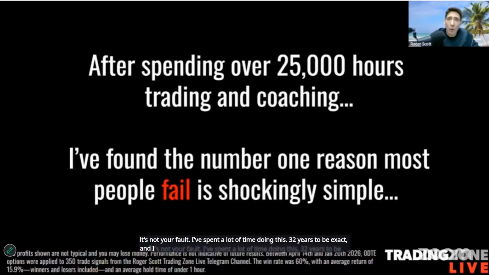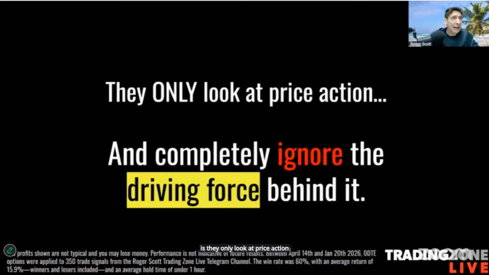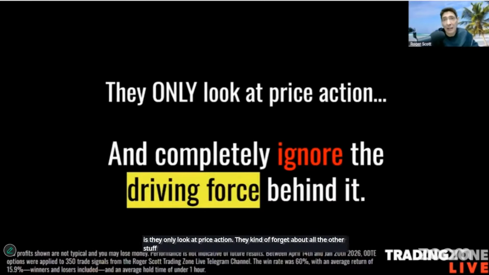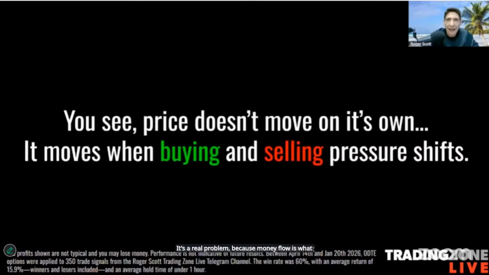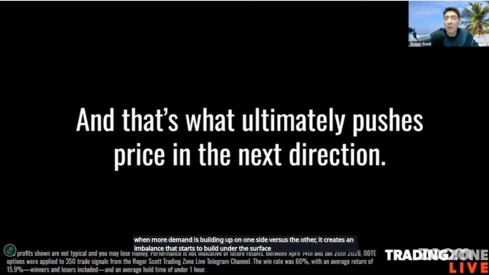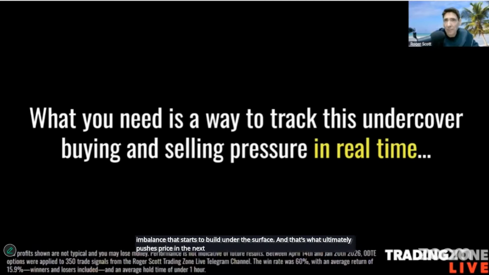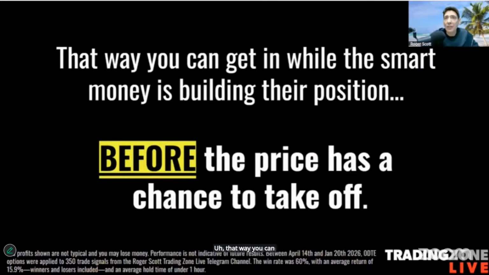And I found that the number one reason people fail is they only look at price action. They kind of forget about all the other stuff like volume. It's a real problem because money flow is what drives price. Price doesn't move on its own. It moves when buying and selling pressure shifts. And when more demand is building up on one side versus the other, it creates an imbalance that starts to build under the surface. And that's what ultimately pushes price in the next direction. What you need is a way to track this undercover buying and selling in real time. That way you can get in while the smart money is building their